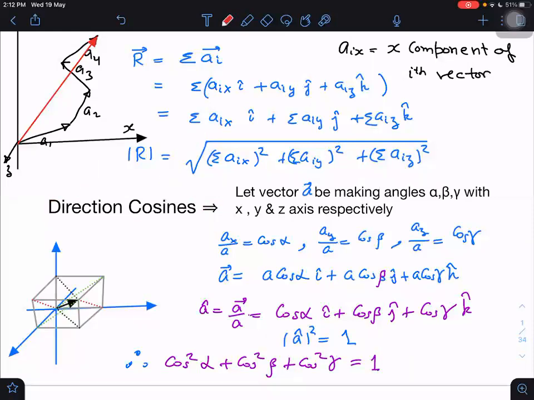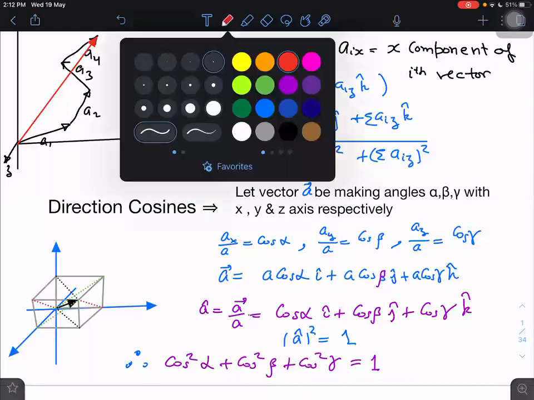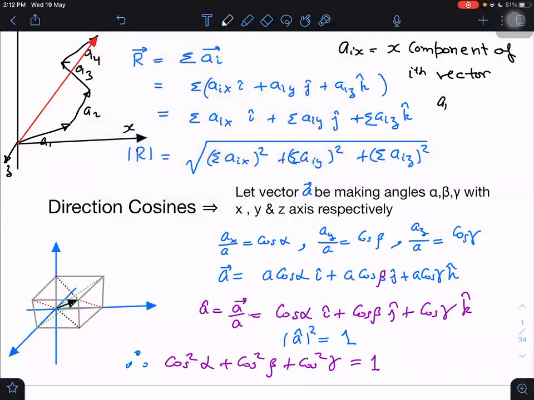What must the examiner give before asking this question? Either he should give me vectors already in terms of components. For example, he may give like this, that A1 vector is,